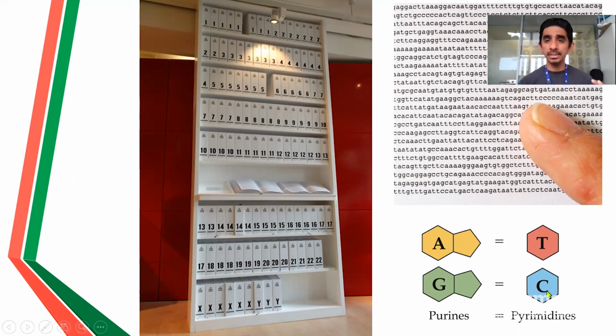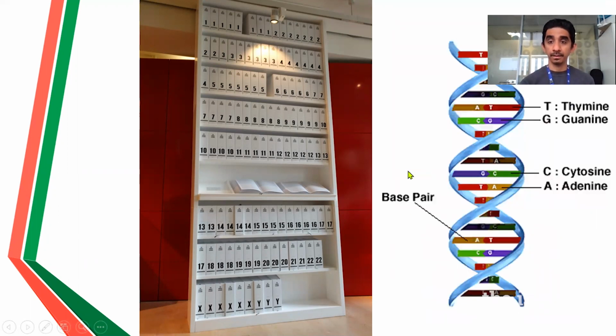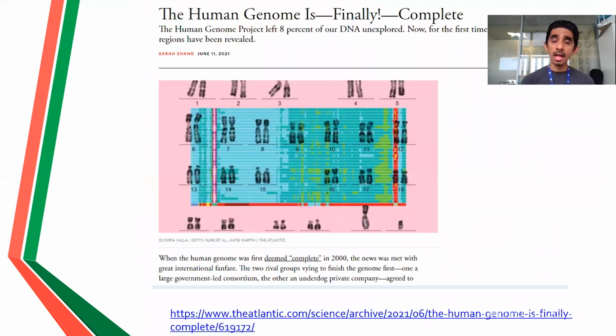And the combination of these letters describes the code which is embedded in our genome, and the cells in our body use these codes to make proteins and bring about different functions. So these codes are organized in a double helical structure, which we call the DNA. And currently I was reading one of the news articles published earlier in June,